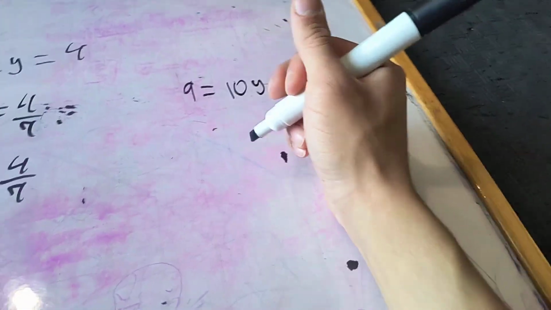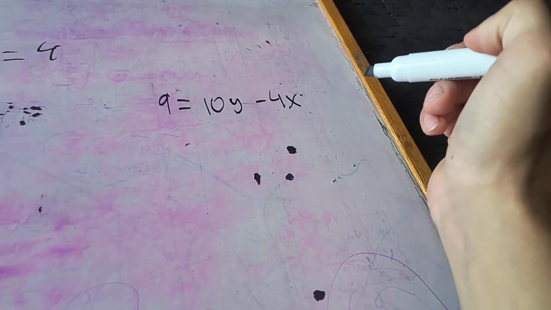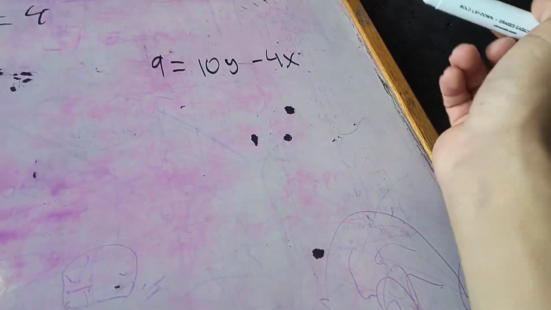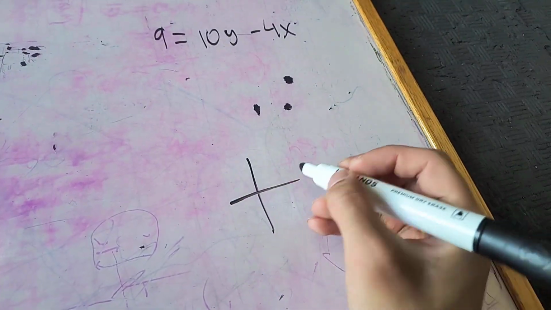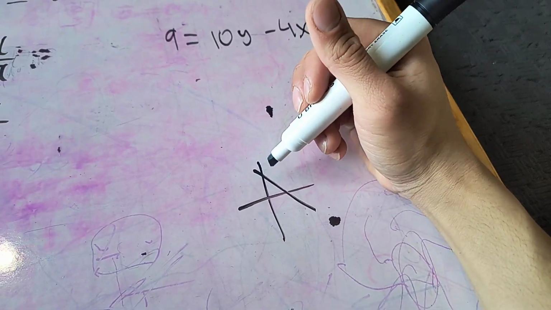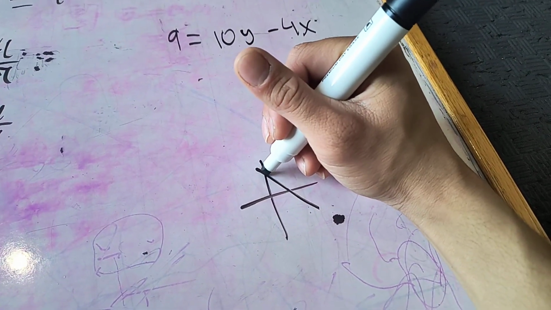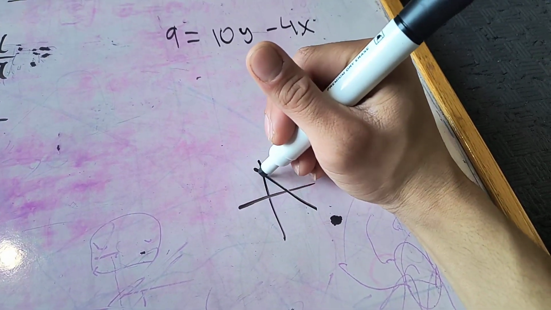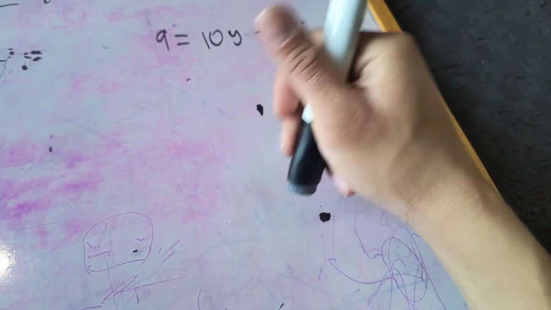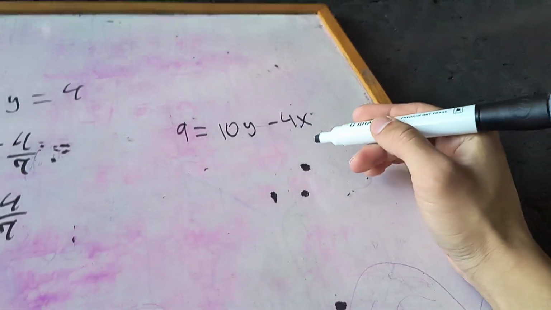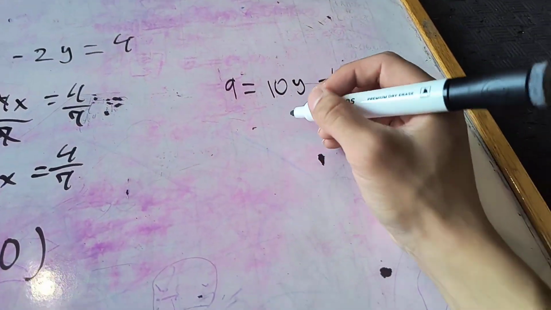So what about this one? Let's find the y-intercept for this equation. 9 equals 10y minus 4x. Well, at a y-intercept, that's the point at which the line crosses the y-axis. So it's going to be at that point right there. And at this point, x is equal to 0 because we're only in the y values. So at a y-intercept, x is going to be equal to 0. So we can set x equal to 0 right here, and this whole thing right here is going to be just 0. So we're going to go down to